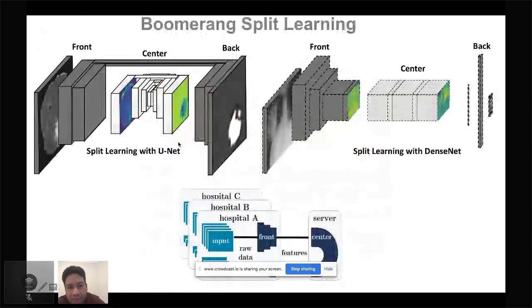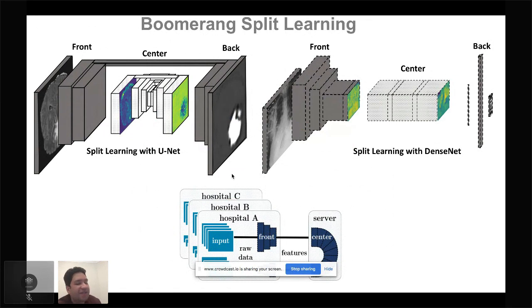And then there are other topologies that you can look at in terms of split learning. This is the Boomerang or the U-shaped one. Here, the constraint is that it's not just the raw data that is not being shared by the clients, which could, for example, be these different hospitals, but it's also the labels, because in domains like healthcare, labels are also extremely private.